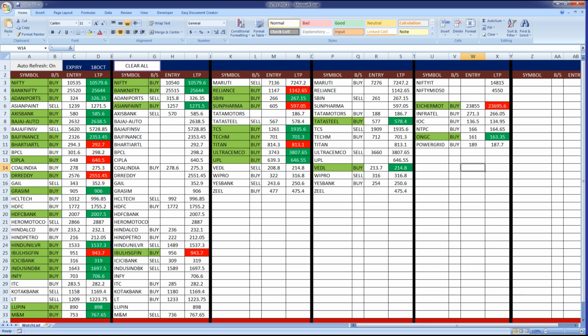Dr. Reddy, it made 2680, so roughly around 4 rupees, not much profit there. And